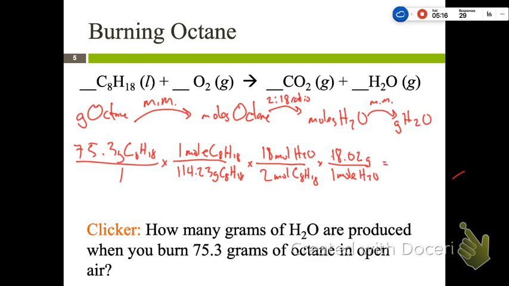Okay? Shelby, what answer did you get for the number of grams of water? 106. Well, rounded it's 107 grams. So I think it was 106.9 grams is what a lot of people had on the paper, or 8 or something like that. And why did you round it to 107 grams? Because we started with 3 significant figures, so we need to end with 3 significant.